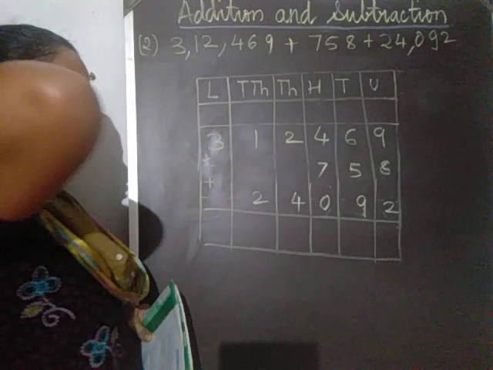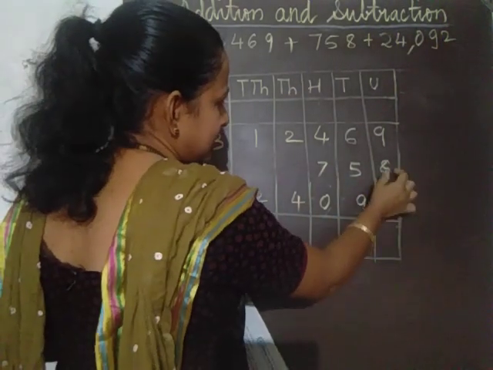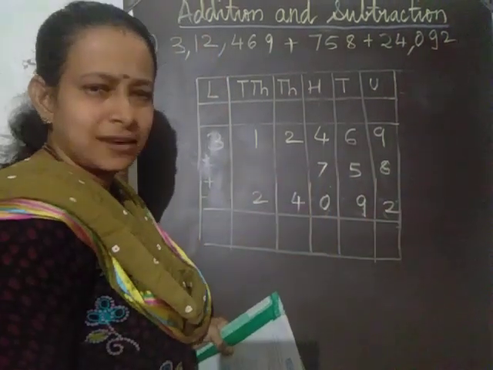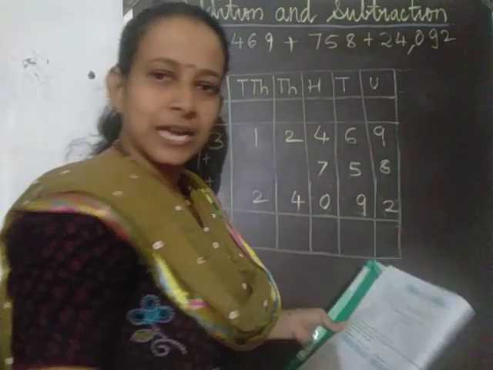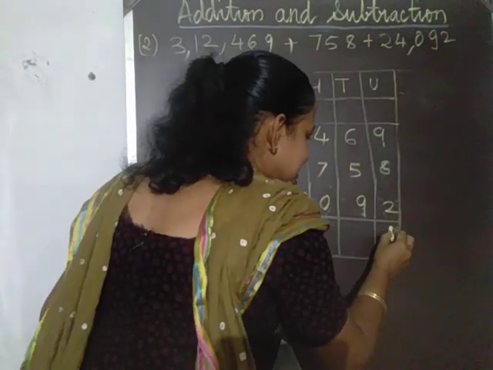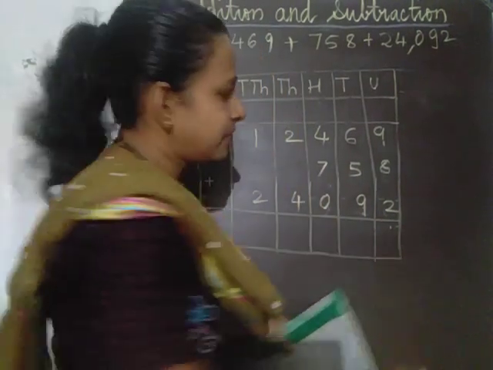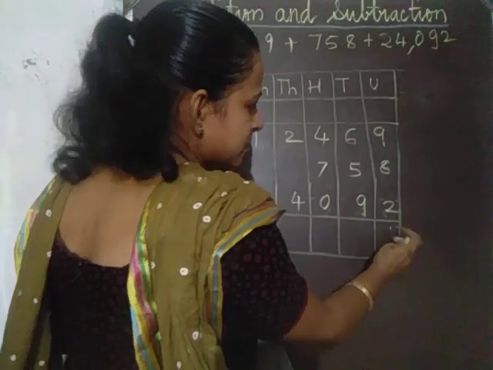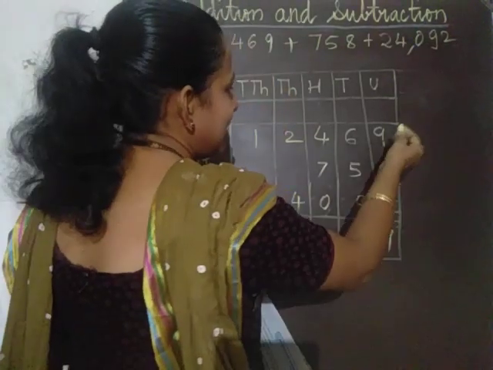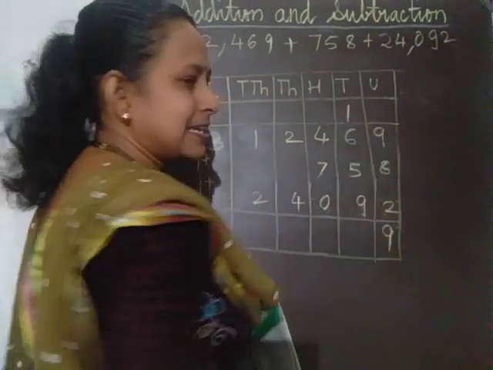Fine. Now you know that this is very easy. 8 plus 2 is equal to 10. So 10 plus 9 is equal to 19. Right. So let me write, since it is a 2-digit number, we can write here only the units place. Units place is 9 here and 1 goes as carried above.